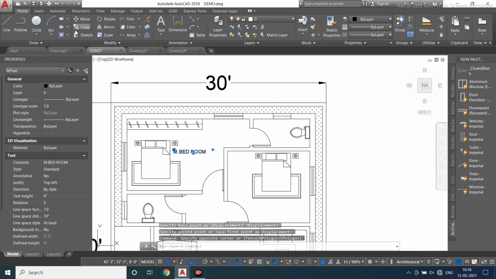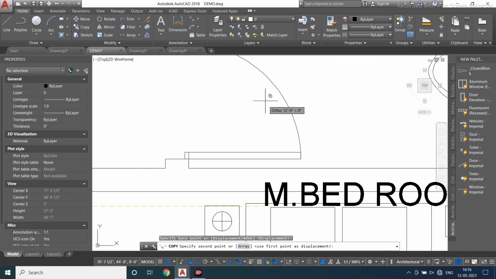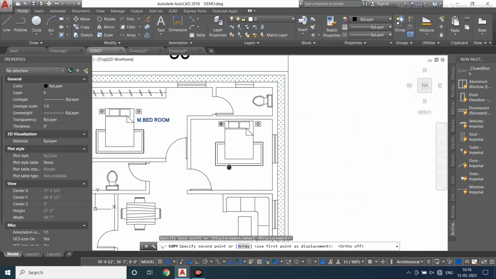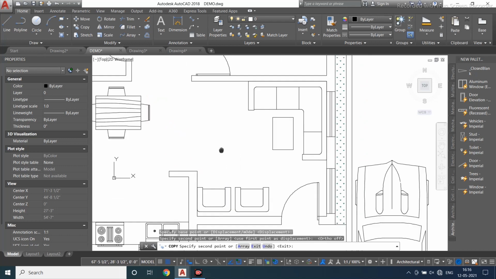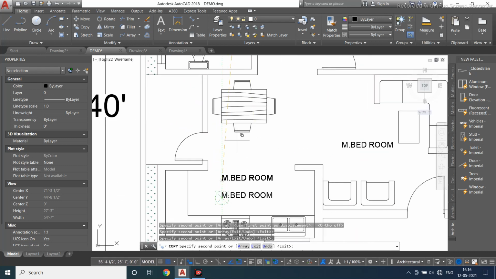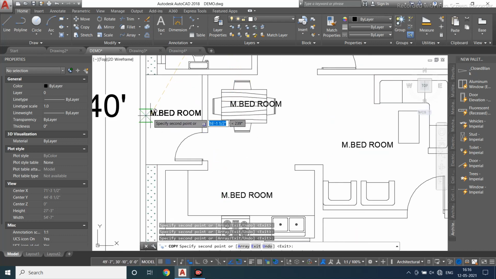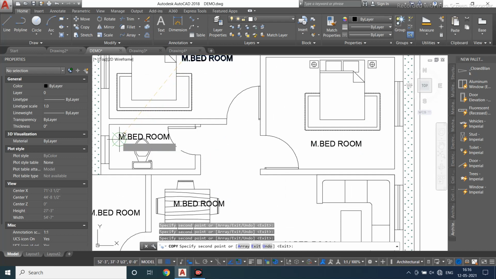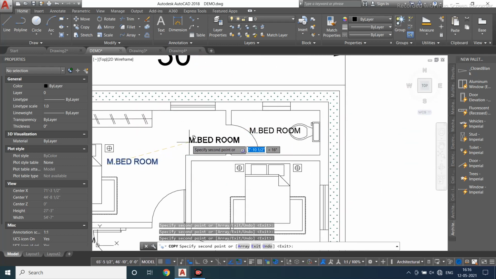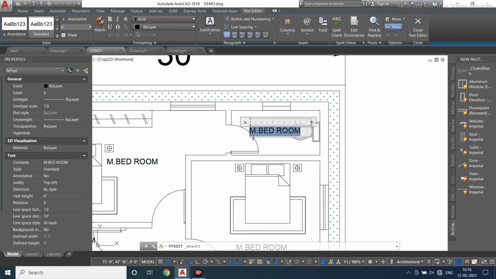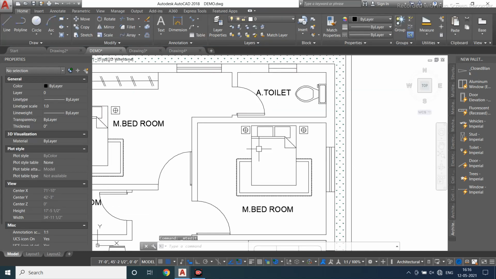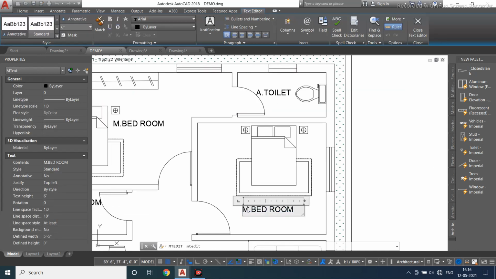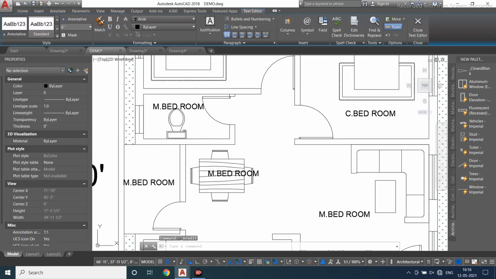Even you can mention the measurement, so just you have to check with your measurements. Living area, kitchen, dining, utility, toilet, and this is your toilet. So this is your attached toilet. This is your common or children's bedroom.